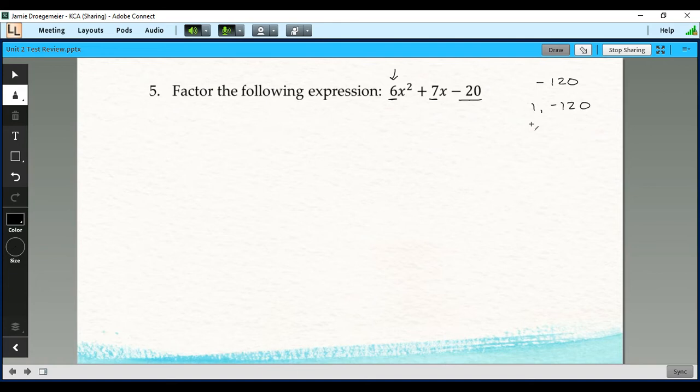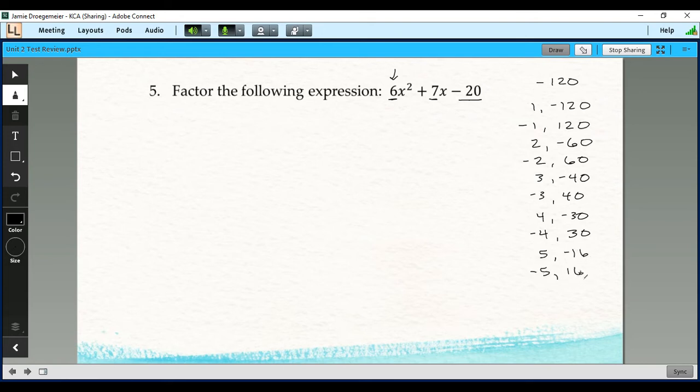So 1 and negative 120, or negative 1 and positive 120. I'd have 2 and negative 60, negative 2 and positive 60, 3 and negative 40, negative 3 and positive 40, 4 and negative 30, negative 4 and positive 30. 5 is also a factor. So if I take 5 times negative 16, or negative 5 times positive 16,